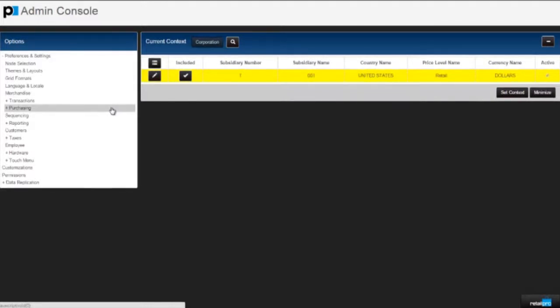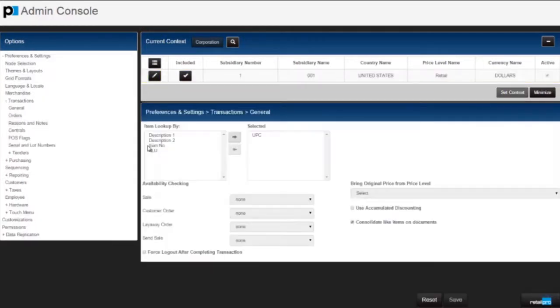How do I look up items on a transaction? If I'm setting up item lookup modes at the subsidiary level, right now I'm at that node. If I go down here to transactions, general, here's the item lookup modes. I want to include AOU. So now my item lookup modes are going to be applied across all the stores within sub 1 automatically, all